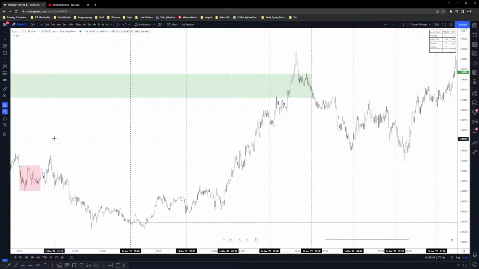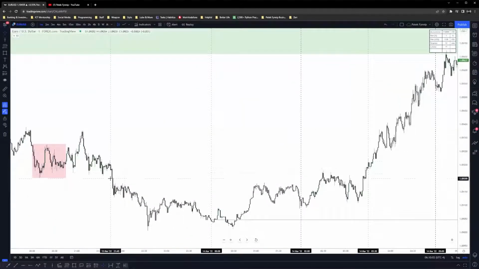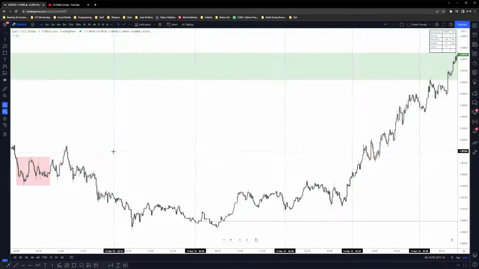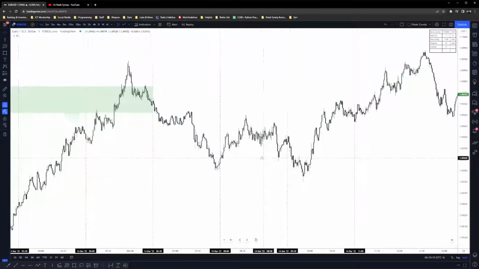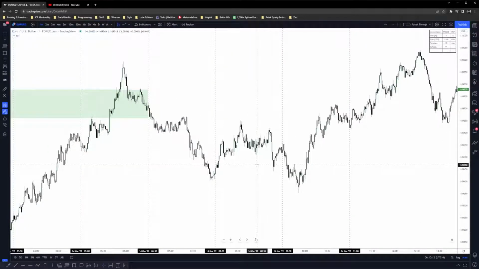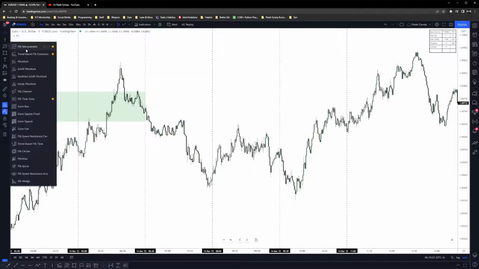But this is a consolidation. I do want to see a DTCC as an impulsive move. So it should either go down or up, like a move like this one here. But here we have a consolidation. So I stick to the rule that we might see the opposite of the DTCC. So we have a low here. We take the low out. Then